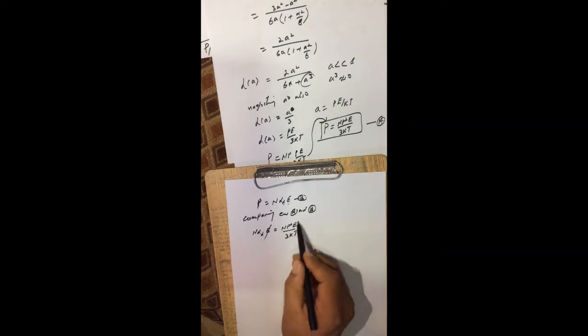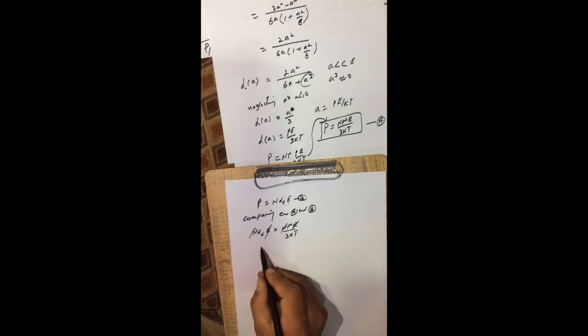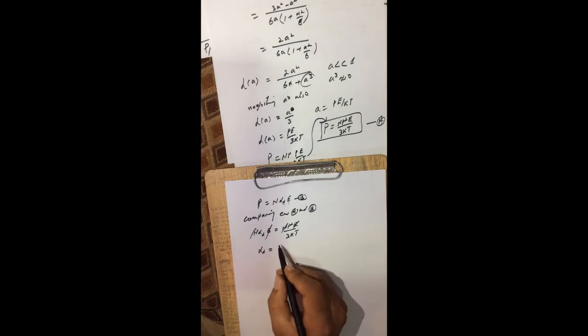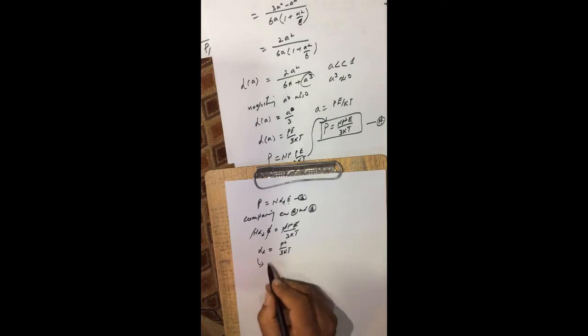Now E cancels with E, N cancels with N, so alpha d will be equal to p square over 3kT, where alpha d is the polarizability